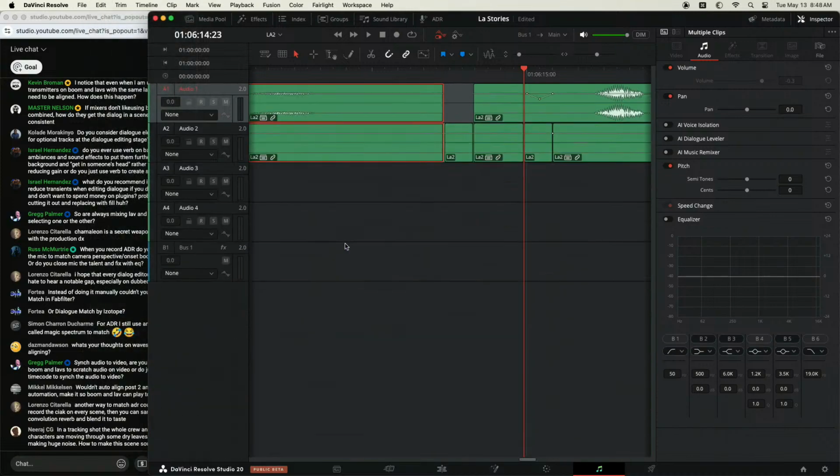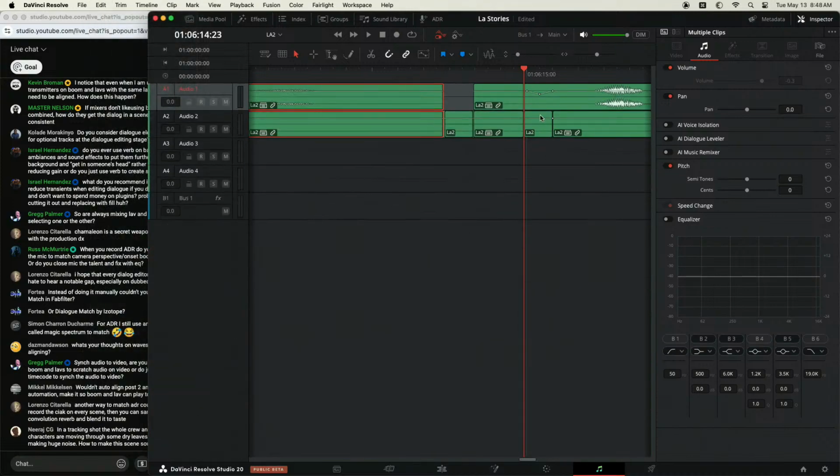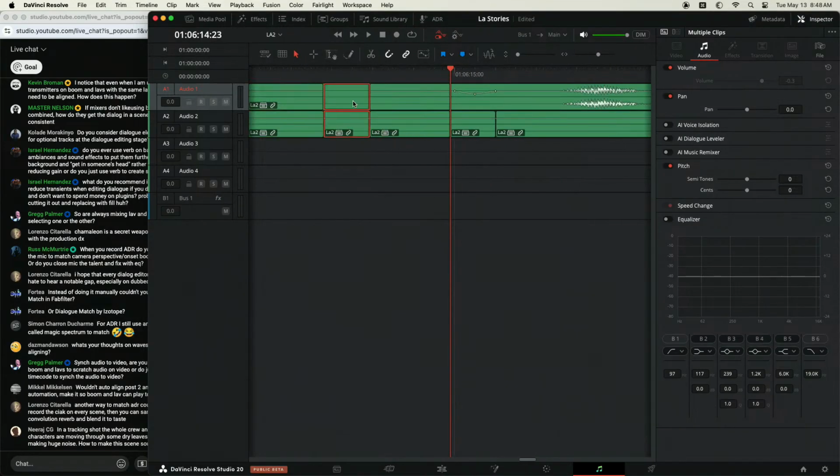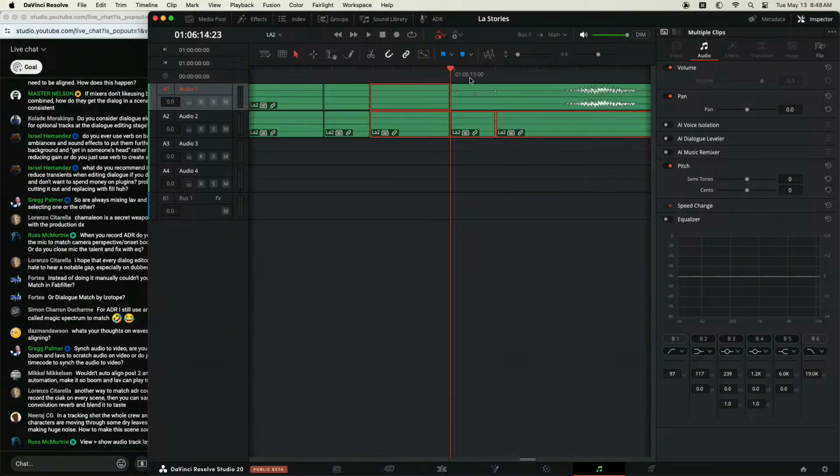I guess not. Anyways, the volume dip works. You should be able to copy and paste, but obviously it's not letting me do that for some reason. Yes, copy. Yes, paste. No, it says no, you can't do that. What about here? What if I do this? No, you can't do that? Okay, that's fine. I mean, I wanted to do that, but I guess I'm not allowed to in Fairlight.